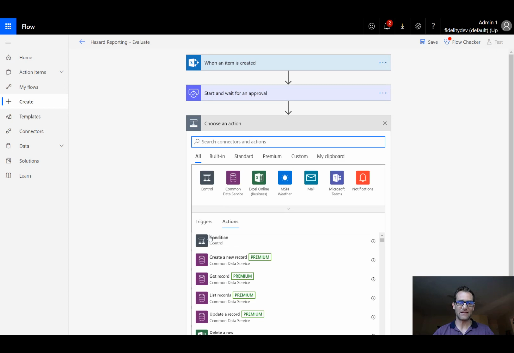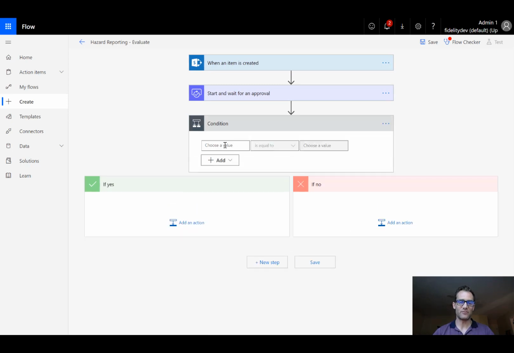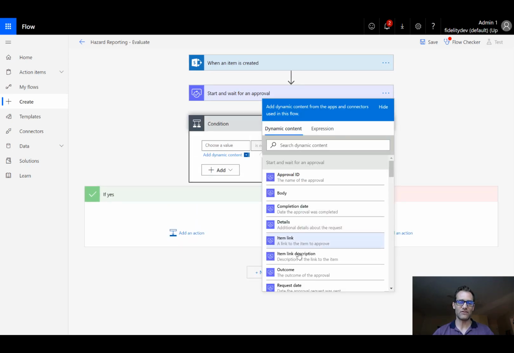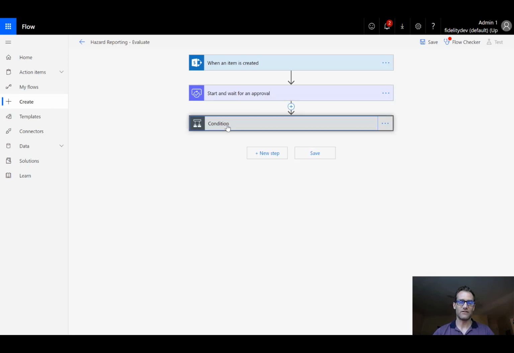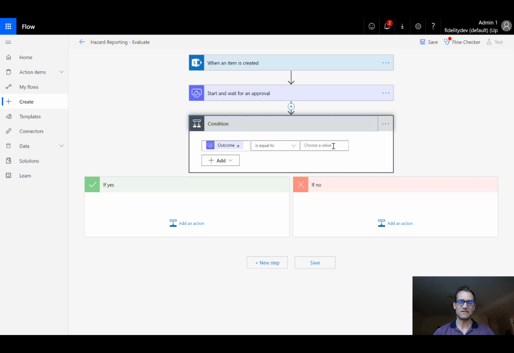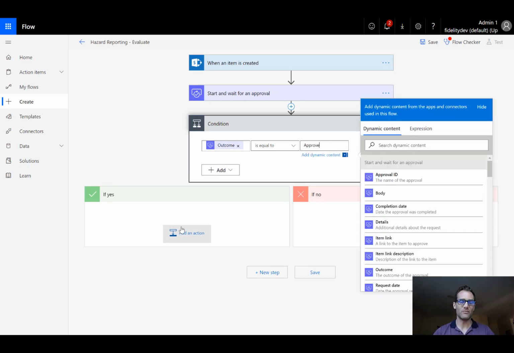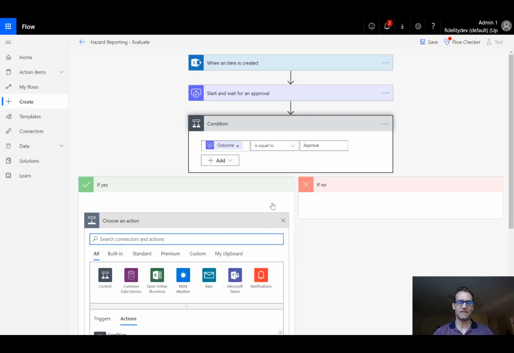The next thing we're going to do is add in a condition. You may have worked with these before, very handy. And we're going to evaluate the outcome of our approval. So the condition says, if the outcome is equal to approve, we are going to move this action along. So under this path, if something has been determined to be an emergency, we want to do a few extra